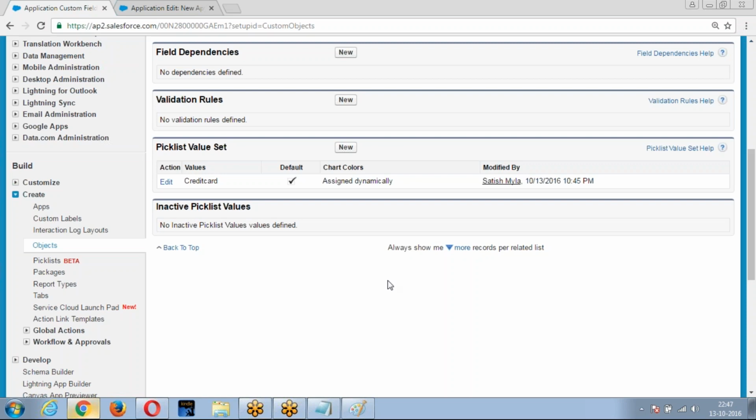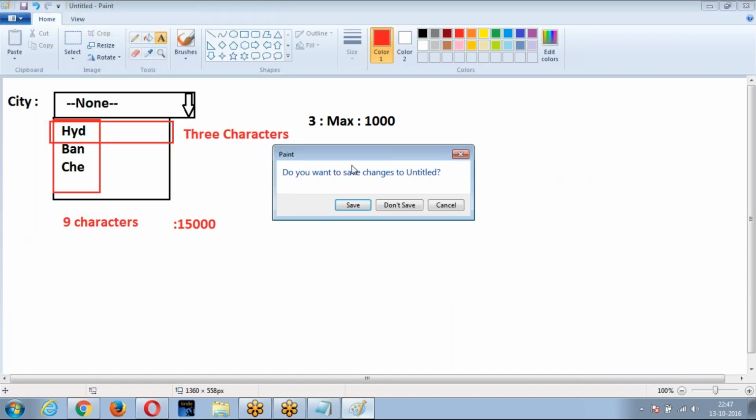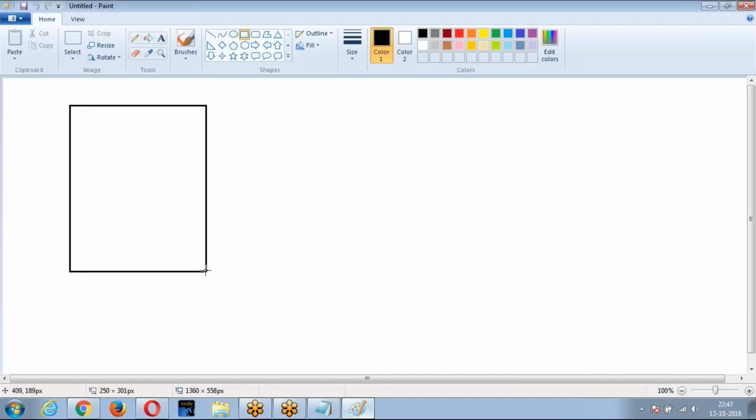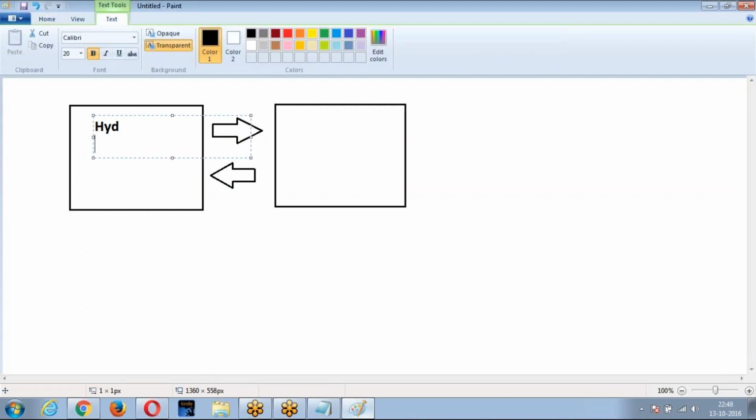Right. So let me choose one more option now. We have one more field called pick list multi-select. What is that pick list multi-select? If you want to choose more than one option at a time, we go with pick list multi-select. Pick list multi-select means it is allowing you to choose more than one option. It is also a pick list field, but it is allowing you to choose more than one option. So when I say Hyderabad, Bangalore, here I have Chennai, Pune,